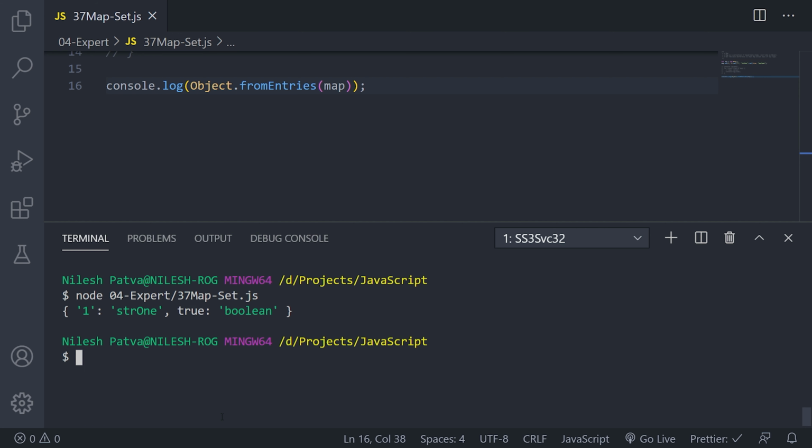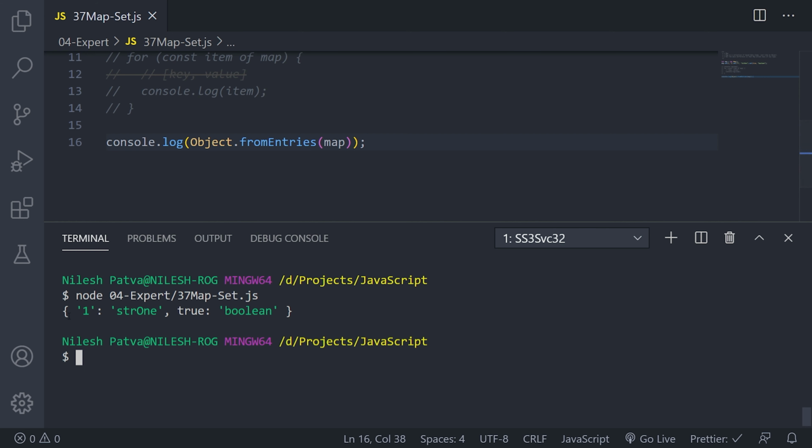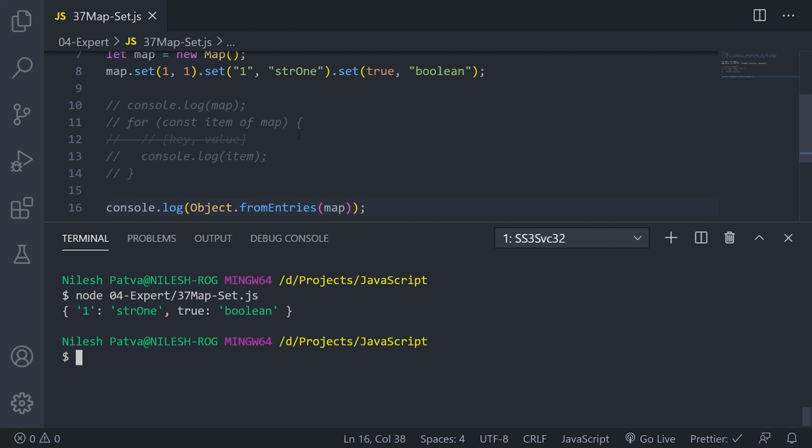If I run this, you can see the entire map has been converted into an object, but you are seeing only two properties. If you remember, our map has three different entries here. First one is numeric one as a key with value one, then string one, and true as a boolean, right?